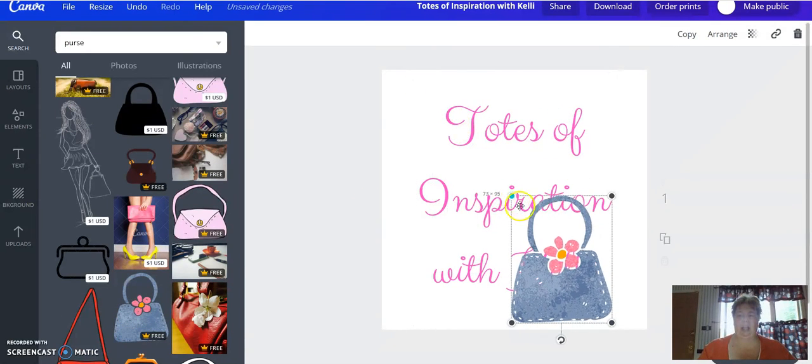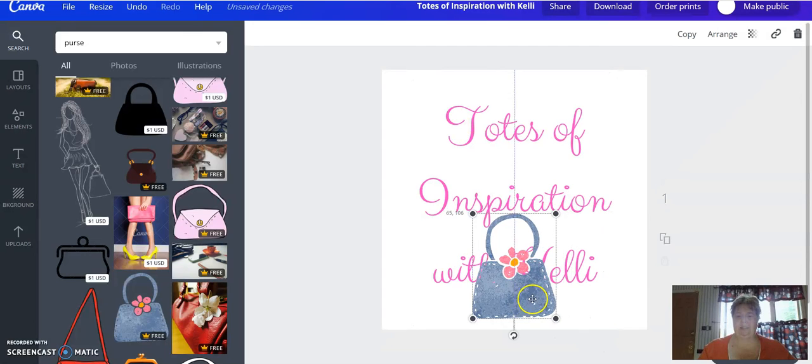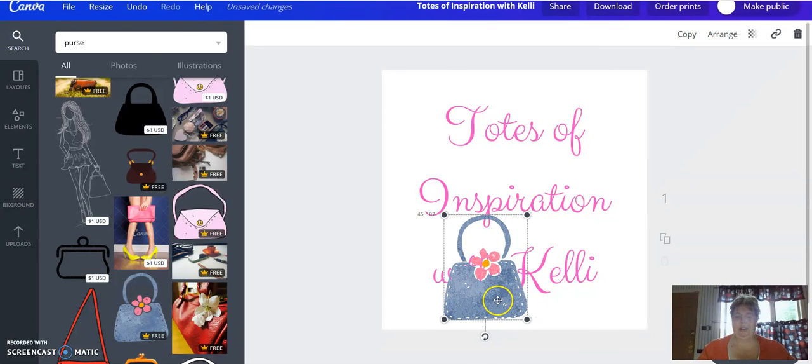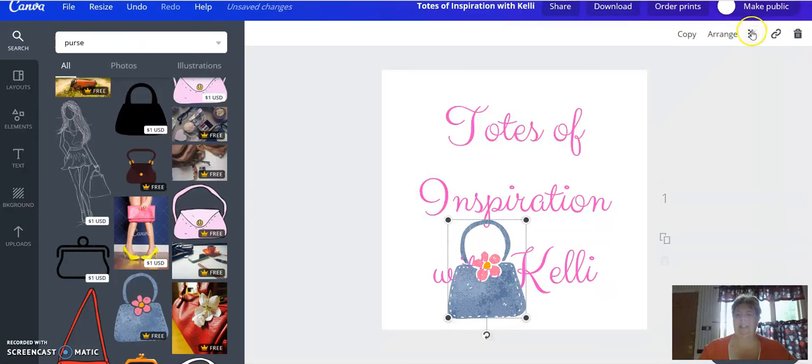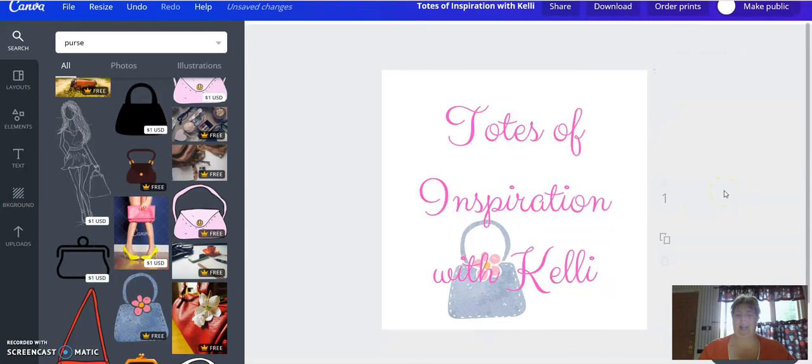We'll make it a little bit smaller. See if we can hang it from the P in inspiration. All right. We're also going to click on this box here that's transparency, and we're going to lighten this up a little bit so that graphic is a little more transparent. We're also going to send that graphic to the back so that it's behind the letters, and voila, we have